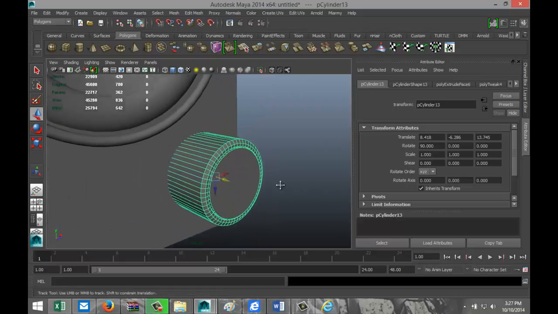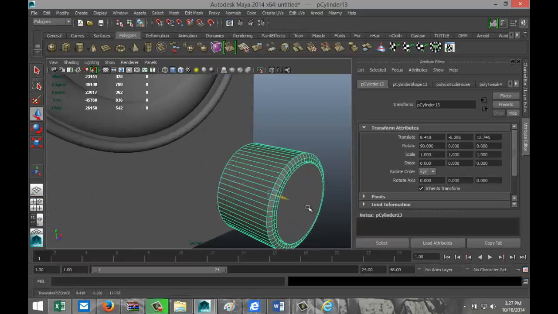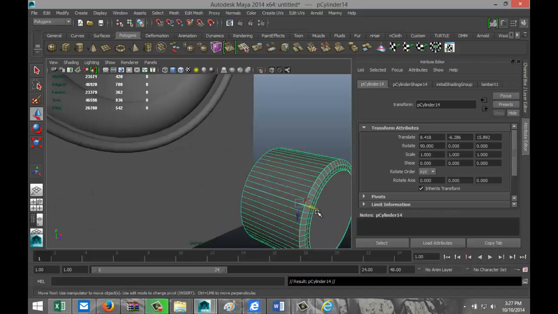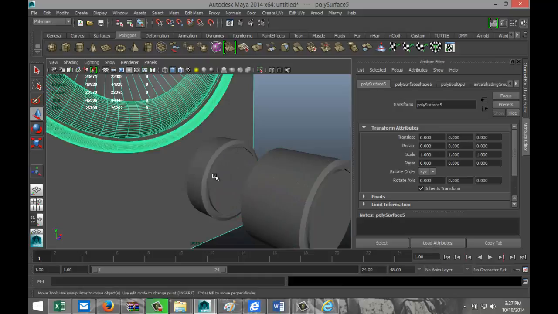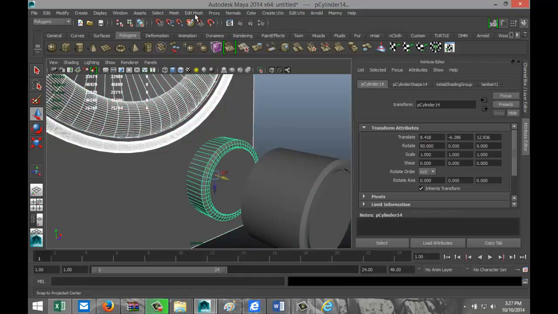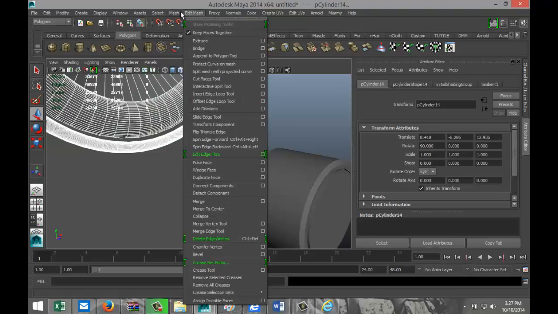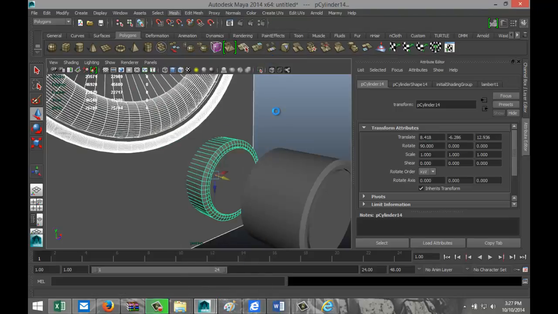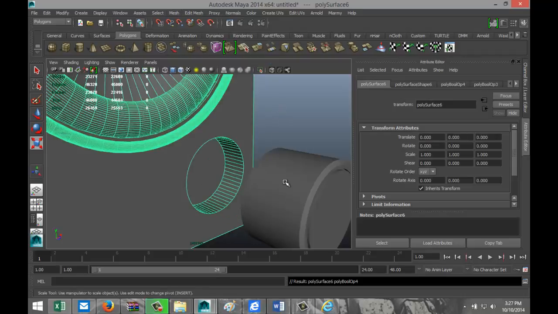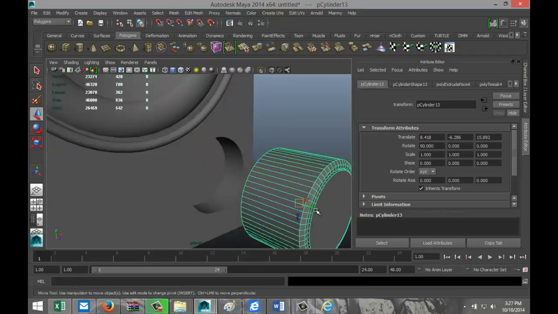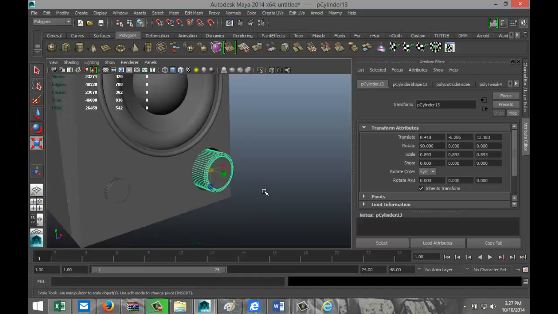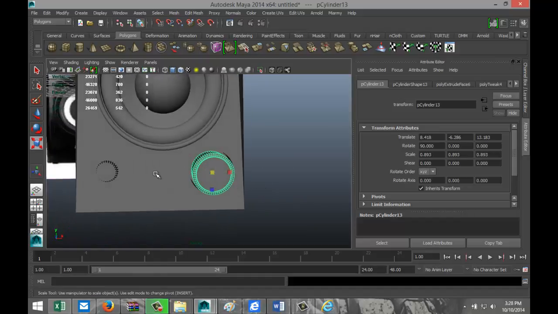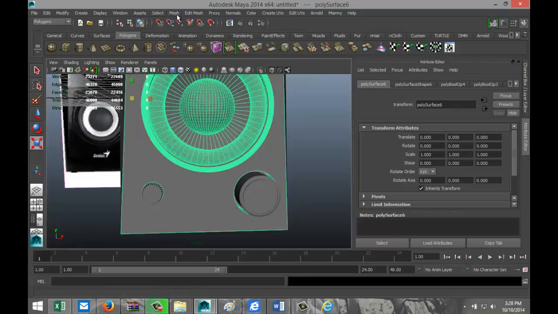I want to have a little bit of spacing for that, so pull it back out. Control D to duplicate that. Push one duplicate in. Select the casing. Select the knob. Mesh Boolean difference. Select this. Hit W, move that in. And hit R and scale that in. And then what we're going to do is we're going to take that thing, mesh separate,